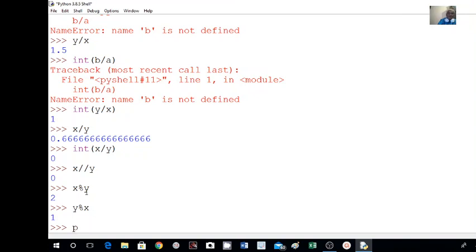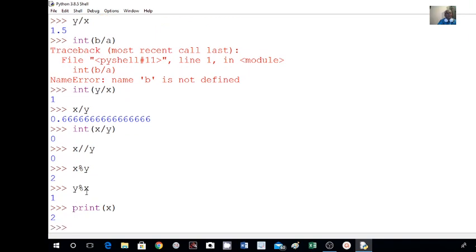So output statements are, print is the output statement here. I will write print open bracket close bracket, within that write X, no quote, nothing. Okay, just if you enter here, I am getting its value is equal to 2.